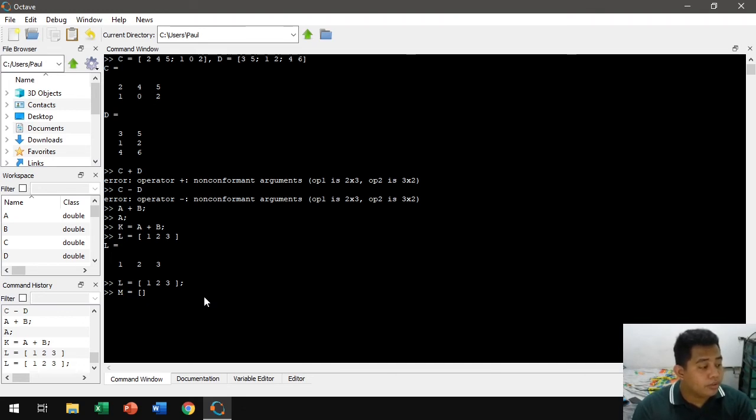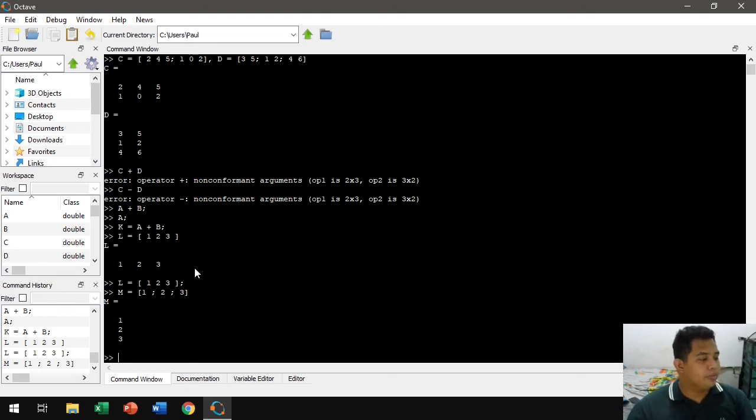And then M, which is a column vector. A column vector is the reverse of 1 by n. This is n by 1. So n rows times 1 column. That would be 1 semicolon 2 semicolon 3.